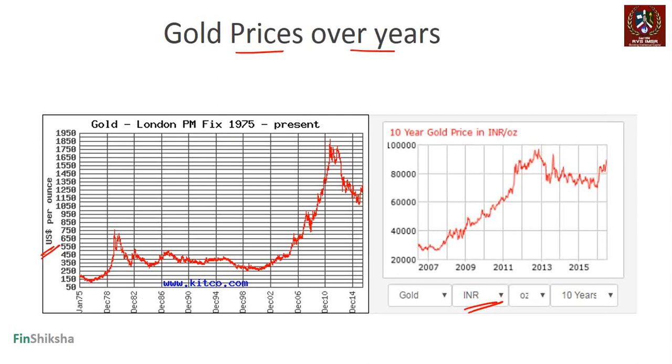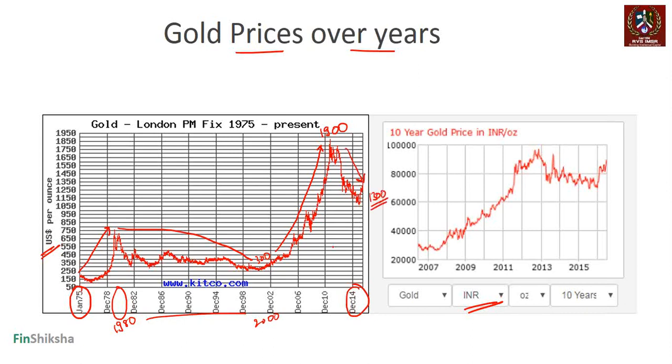Now, the left chart is obviously a longer chart as well, it starts in January 1975 and comes up, it's a 45-year-old chart, right? It gives you a few cycles. The first cycle being where gold prices went from 150 to 750, then stagnated from somewhere around 1980 all the way up to 2000, where prices went back to $300. Then there was a big up move that started from 300 and went all the way up to 1900 in 2010-11, and since then prices have come down again and now it's close to 1300 again, right?